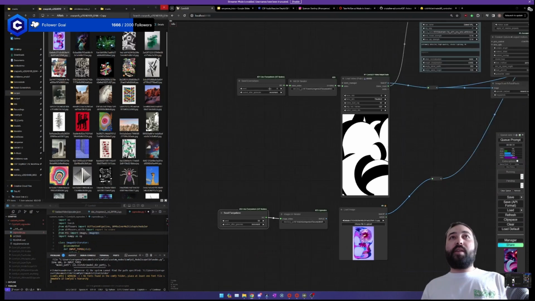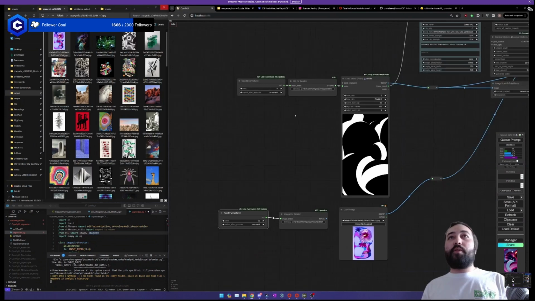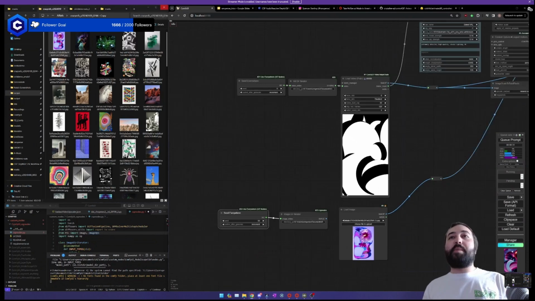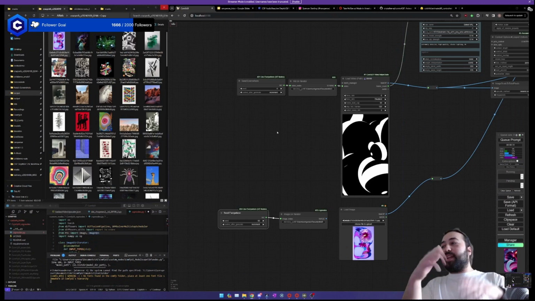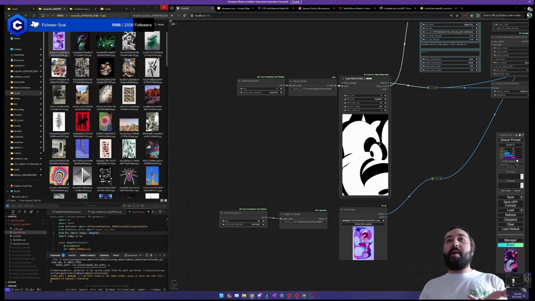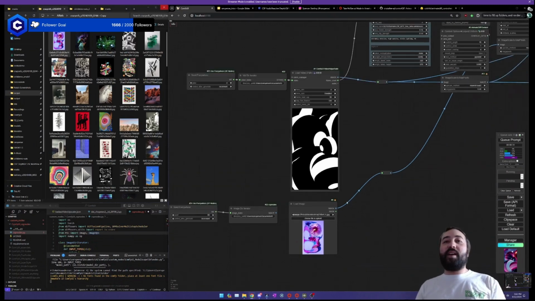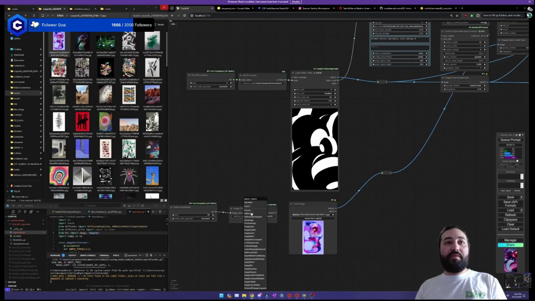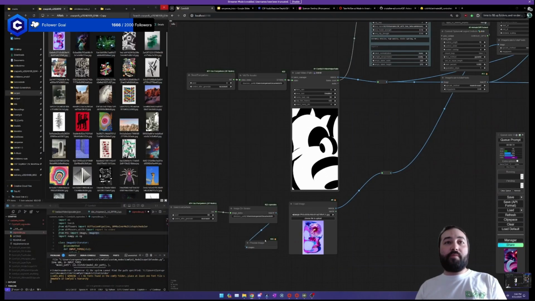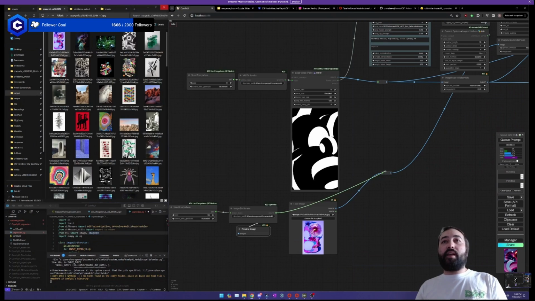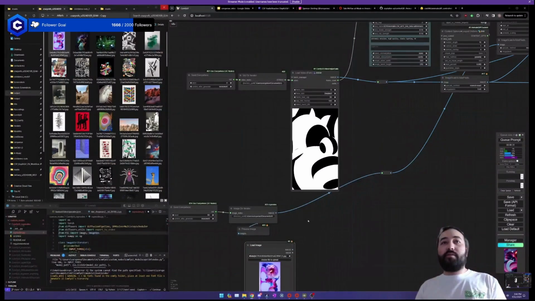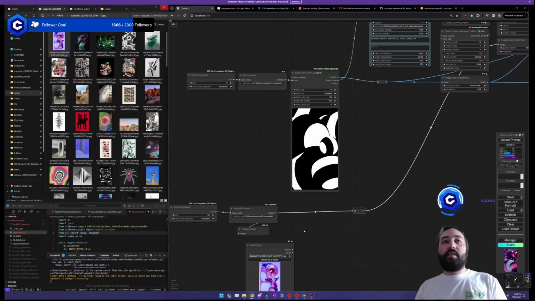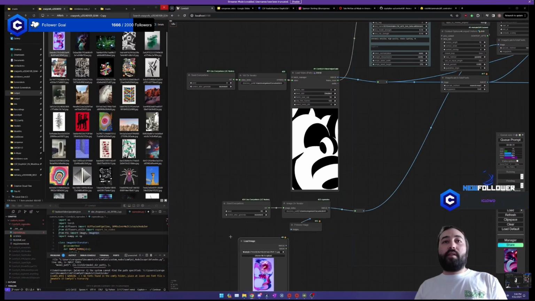So they're going to be incrementing, and this one's going to go 1 through 4 and just kind of keep going over and over, and this one's just going to keep incrementing. So we're basically going to be seeing a bunch of random masks used with a bunch of random images, and we're going to see what happens. And I'm going to preview which one it's selected here just by adding a preview image. And since I have a reroute here, I can just do that. I don't have to worry about finding out where it went.